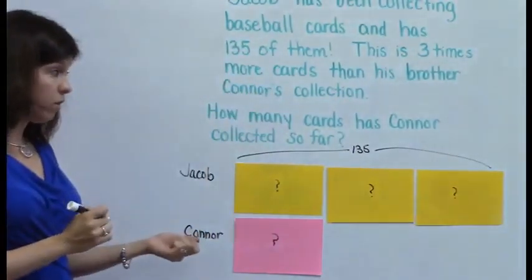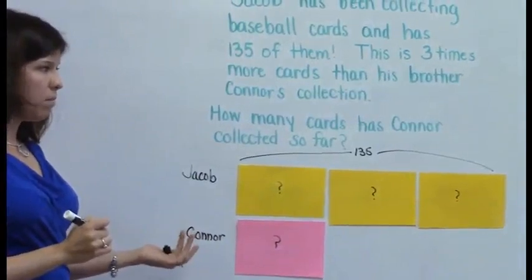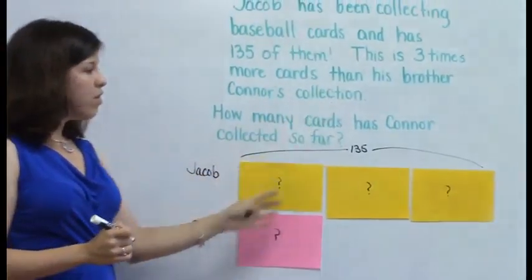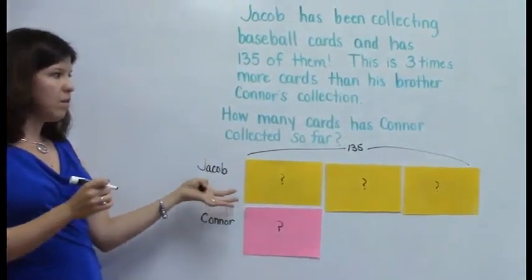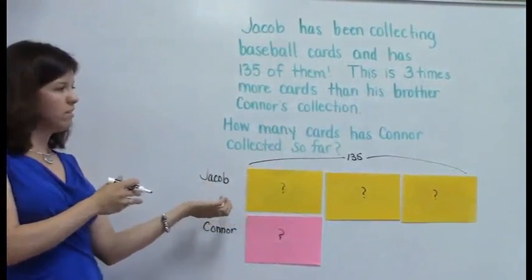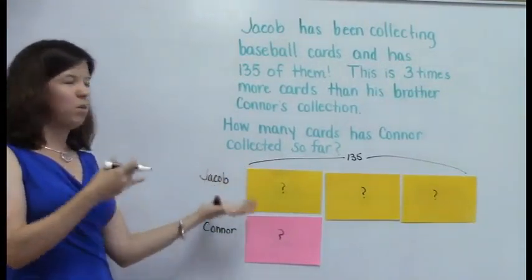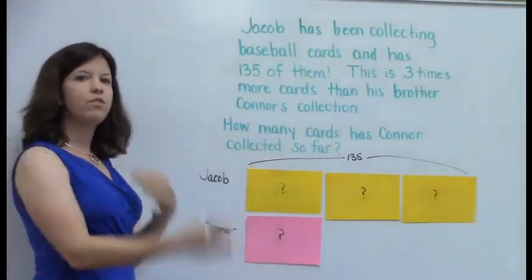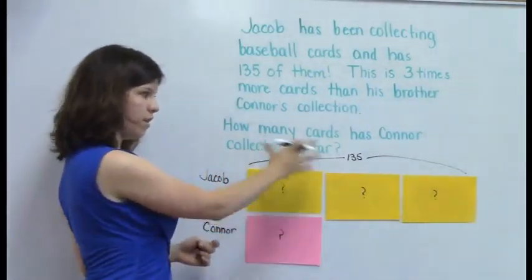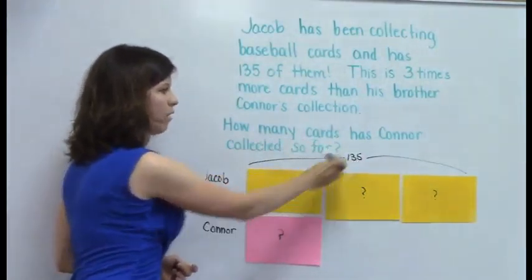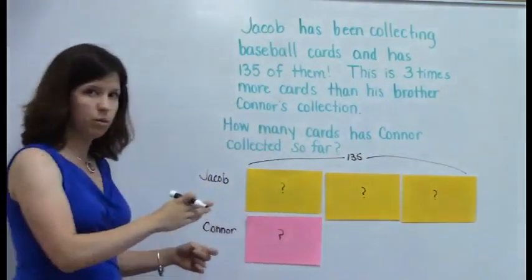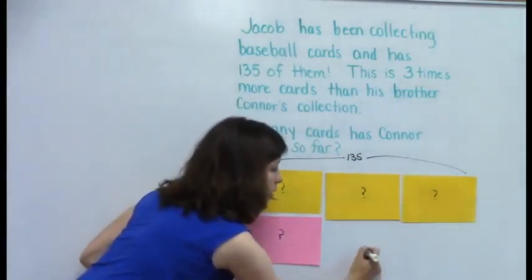So my equation is going to look a little different. This time, we have the numbers 135 and 3. And the bar model provides a nice visual for students to say, it wouldn't really make sense to multiply those numbers. This time I have to do something a little differently. I'm looking at a total of 135, and what would the value be if I divided it equally into 3 equal groups? So my equation,